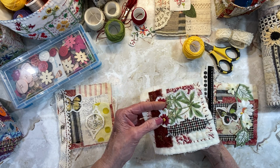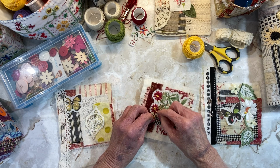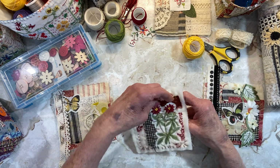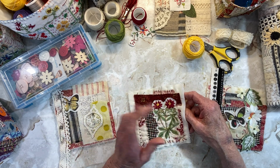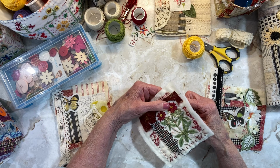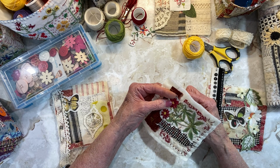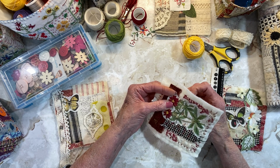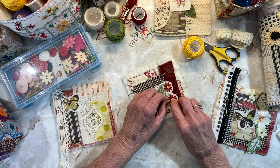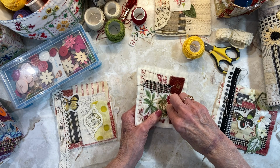Okay, so this one needs another one. You can wrap around this thread as many times as you want. It makes your French knot just bigger. Okay? So, I don't know, maybe I should have put another one in here. I don't think I have enough thread to get over there. I wish I had my paws on my camera so I could run and get my other glasses. See, that's why I have the pillow,